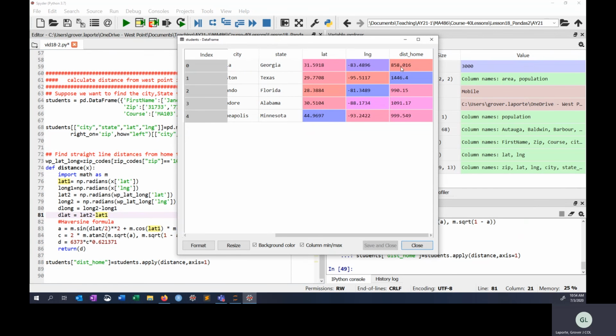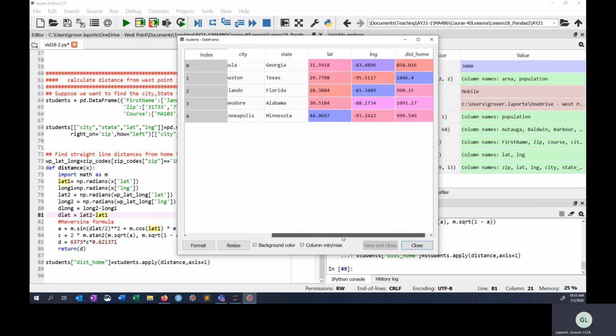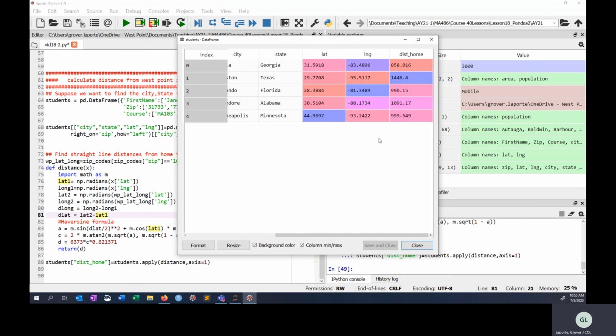If you just did the lat long calculation to Georgia from West Point, 858, and I think the last thing, let me make sure, yeah, converted to miles. So this would be miles to Houston from my hometown, or Dothan, Alabama, 1,000, and that's about right. I think it's 1,200 if you do it by car, and then